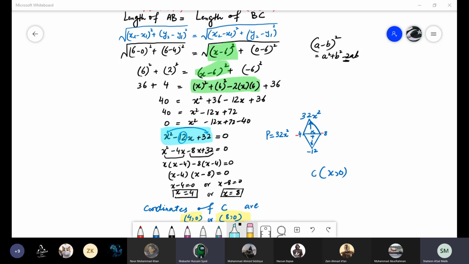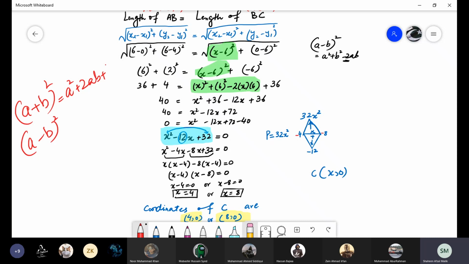Yes, ma'am. The second identity, beta, these are the algebraic identities you have already done in your grade 7. Do you remember that we have algebraic identities like a plus b whole square, a minus b whole square. So a plus b whole square is equal to a square plus 2ab plus b square. A minus b whole square is equal to a square minus 2ab plus b square. So I just used the second identity and opened the formula.